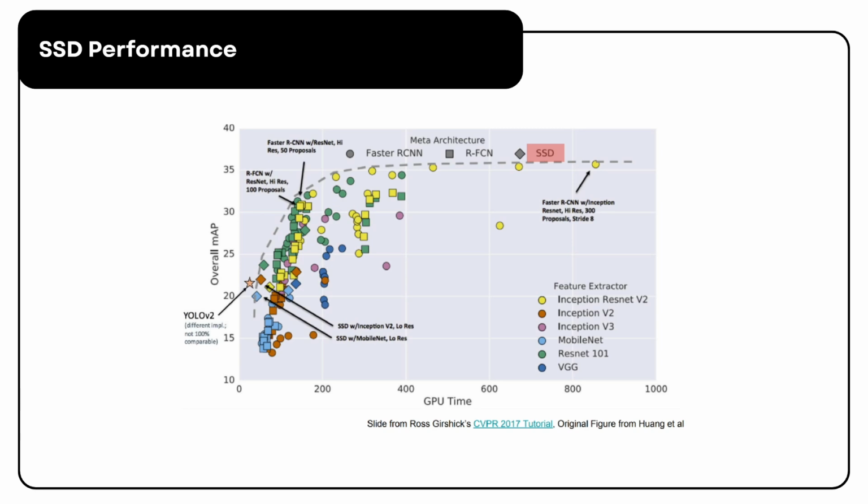Okay, so this chart provides a great visual comparison of object detection models, and it's based on two key metrics. We have the overall mAP, or the mean average precision, and the other one is the GPU time, or the inference speed. As we can see here, the SSD models highlighted here strike a really strong balance. They may not always hit the absolute highest mAP,